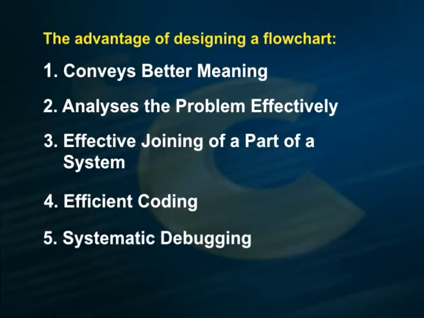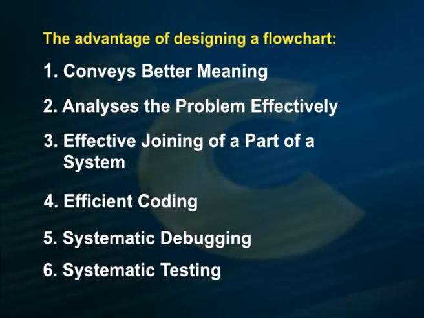Fifth one, systematic debugging. Even after taking full care in programming design, some errors may remain in the program because the designer might have never thought of a particular case. These errors are detected only when we start executing the program on a computer. Such program errors are called bugs, and the process of removing these errors is known as debugging. A flowchart is very helpful in detecting, locating and removing mistakes or bugs in a program in a systematic manner.